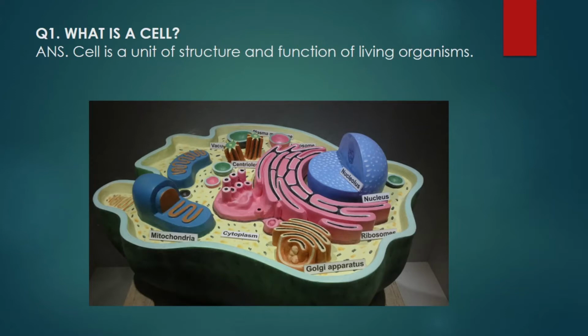organelles and inclusions we discussed. You can see in the picture that it is having a cell wall, a proper cell wall. This is a picture of an animal cell, that is a eukaryotic cell. Then you can see that blue color thing, it is labeled clearly. You can see the mitochondria, the cytoplasm in yellow color, and Golgi bodies or Golgi apparatus are there, and the black dots on the cytoplasm are the ribosomes, and the nucleus is blue in color.